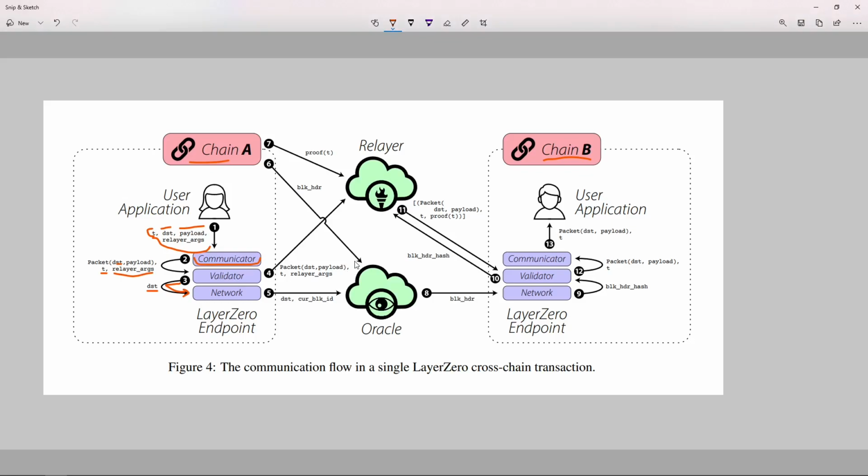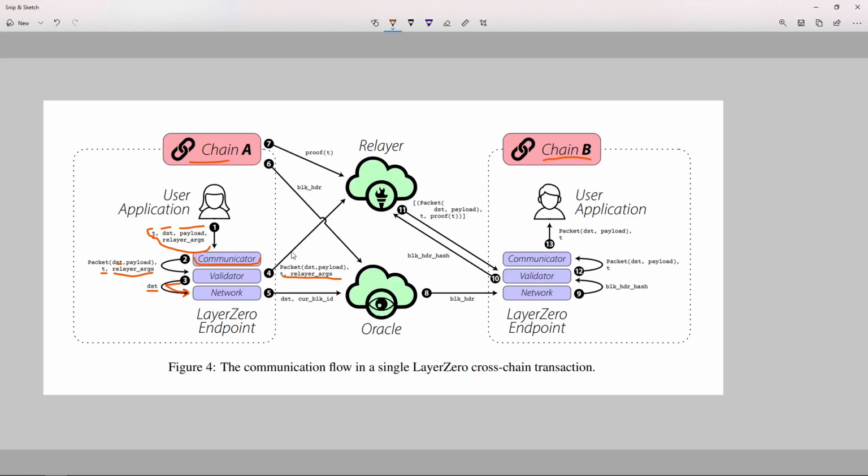Okay, the same as our endpoints, it's an oracle. Currently, LayerZero uses Google Cloud to provide us with the data, but before this it used to use the Chainlink protocol to provide data. Okay, so let's get into this. What it does is it passes this data to the relayer.